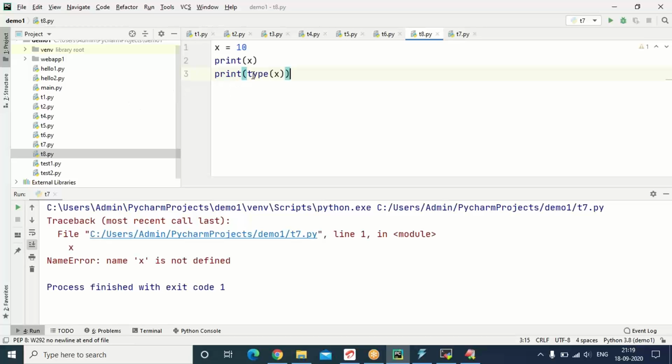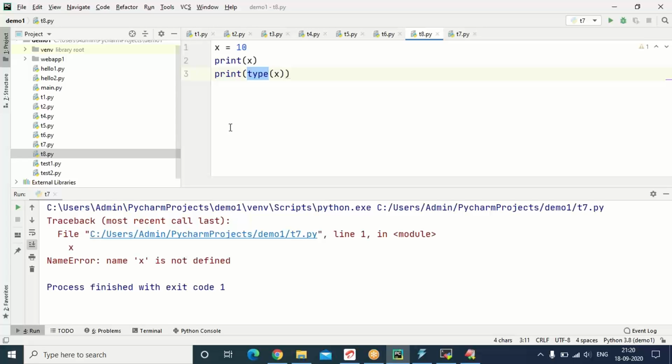Similarly, we have a lot of built-in functions. Straight away we can find out the type. In Java, it is not straightforward. You have to convert into wrapper classes, then you can find out through instanceof. That is little lengthy. We don't need to bother about Java syntax to identify the type of a variable.